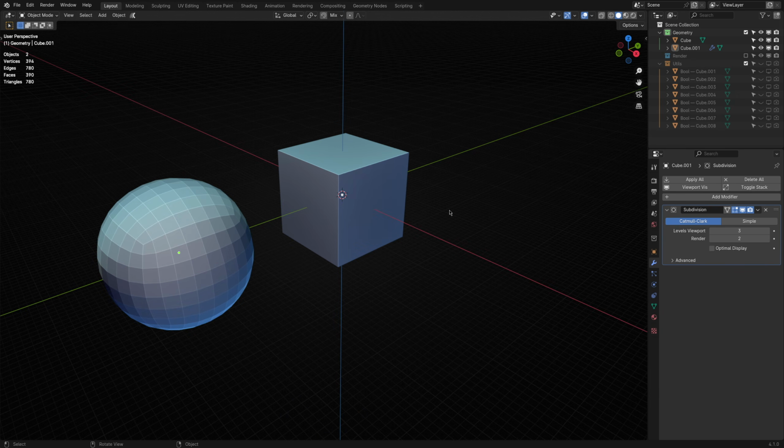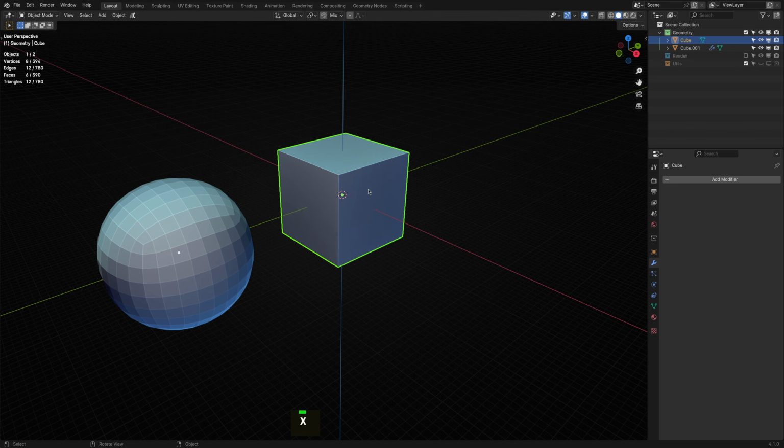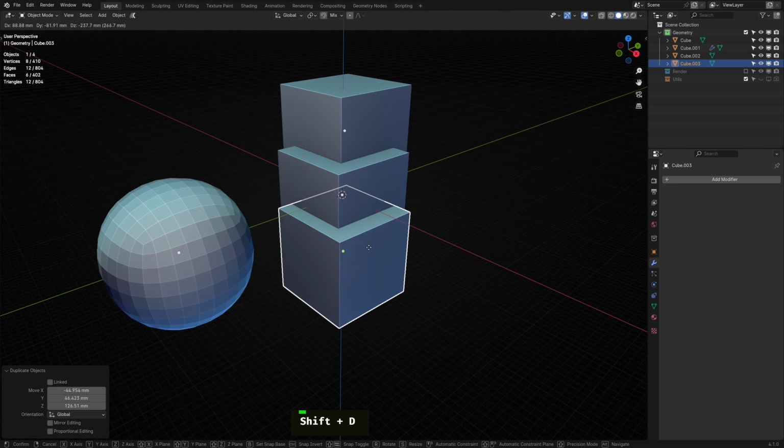The next toggle on the list is utils visibility. This operator isn't a shortcut for an existing Blender function such as wireframes and face orientation, it's specific to ND's implementation. In a nutshell, it's a quick way of toggling the viewport visibility of all objects present in ND's util collection. So, for example, let's duplicate this cube a couple of times and then use the duplicates to perform Boolean operations.